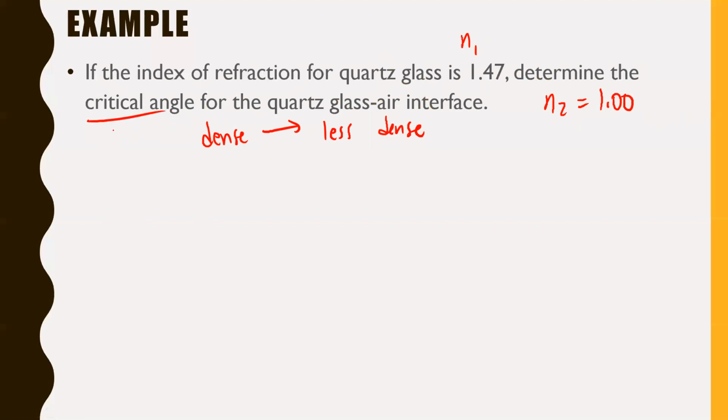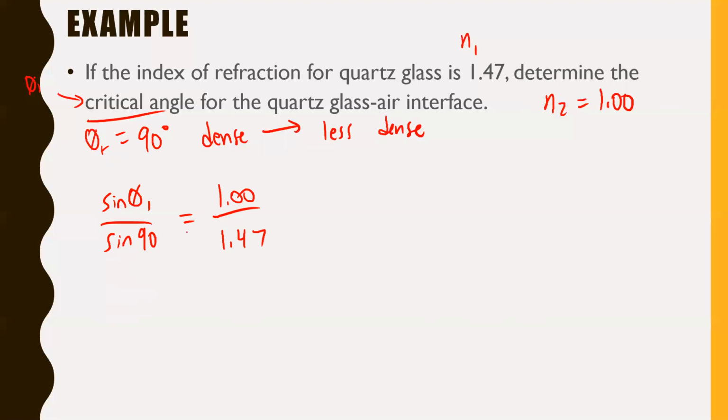Now we're looking for the critical angle. Critical angle is defined as being where your angle of refraction equals 90 degrees. So the critical angle is the angle of incidence that gives us that angle of refraction being 90 degrees. I think we've laid this out. We need our theta 1, that's our angle of incidence. We know that our theta 2 is 90, N2 is air, and N1 is 1.47. Now that we have this set up, it's just a matter of multiplying by sine 90 on both sides, and then taking the inverse sine of whatever that answer ended up being. This is going to give us theta 1 equals